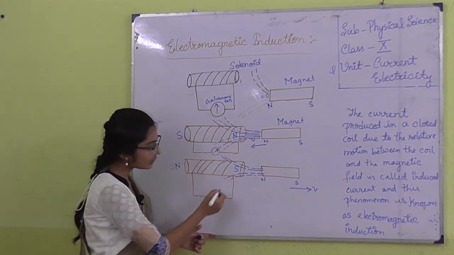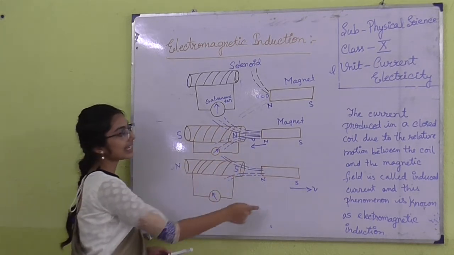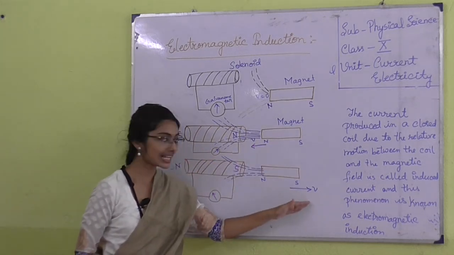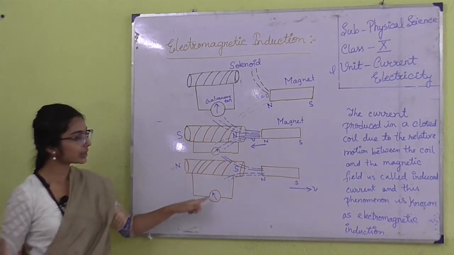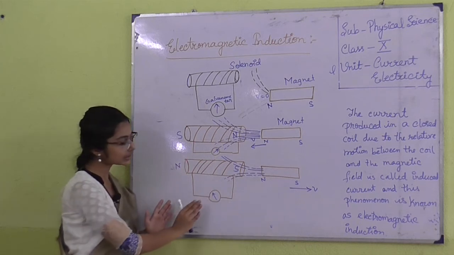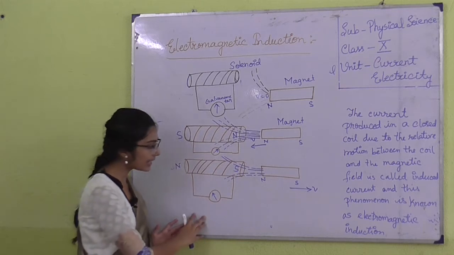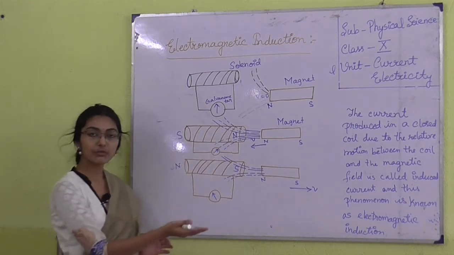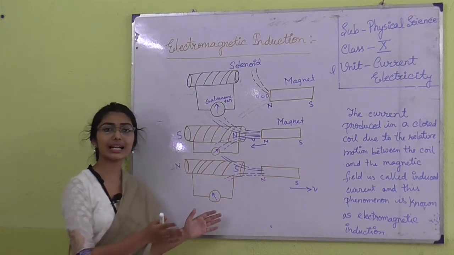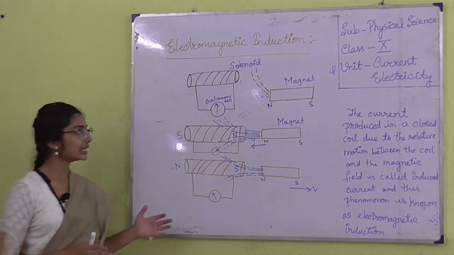Again we can see that the direction of motion of the magnet is different in both cases. Here the direction is toward this side, and here the direction of motion of the magnet is toward that side. That's why, look very carefully, the direction of current is also changed. Here the needle moves to the right side, here the needle moves to the left side. So again Fleming's left hand rule is obeyed here: magnetic force, current in motion, direction of flow of current, and the conductor is also in motion. So these three things are happening here.